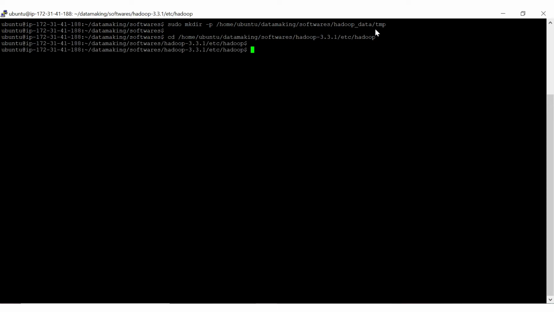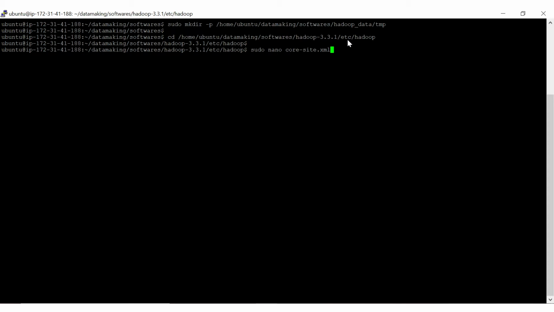Once you create that, I am not going to give the full path for every configuration file I change. Instead, I'll go to the location where all the configuration files are. I change the directory with cd to /home/ubuntu/datamaking/softwares/hadoop-3.3.1/etc/hadoop.